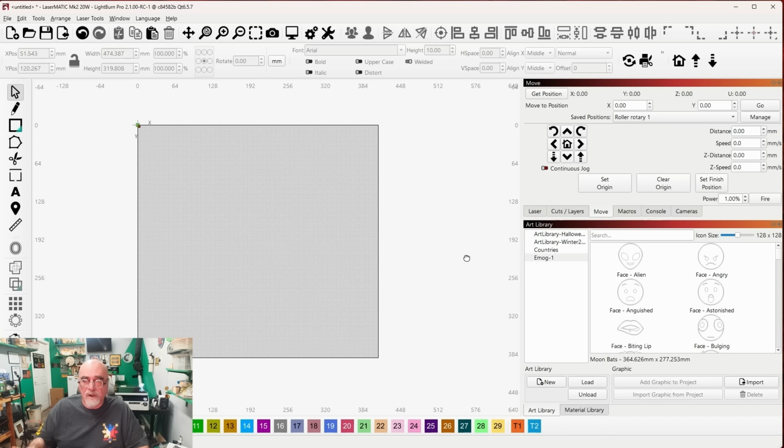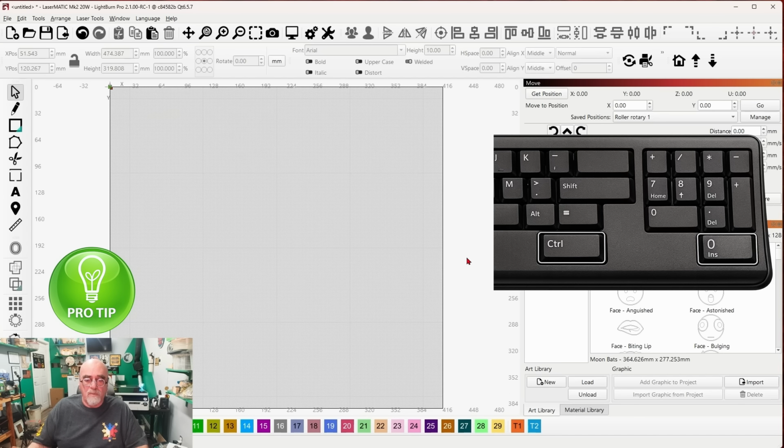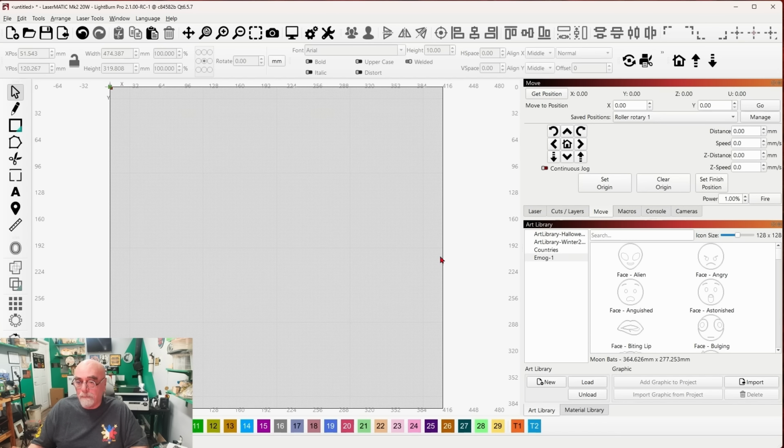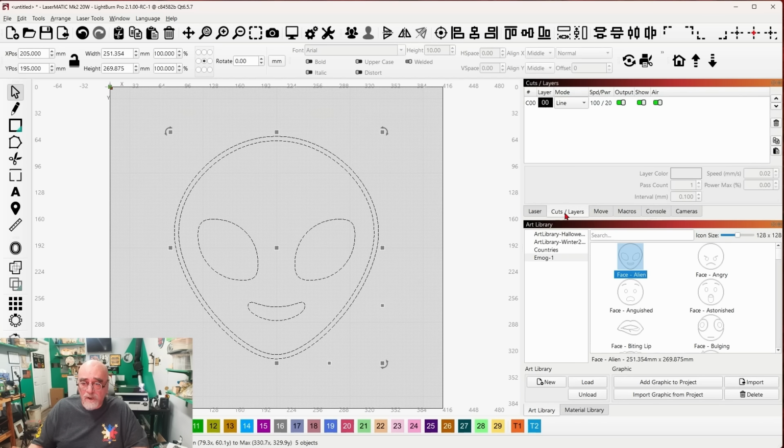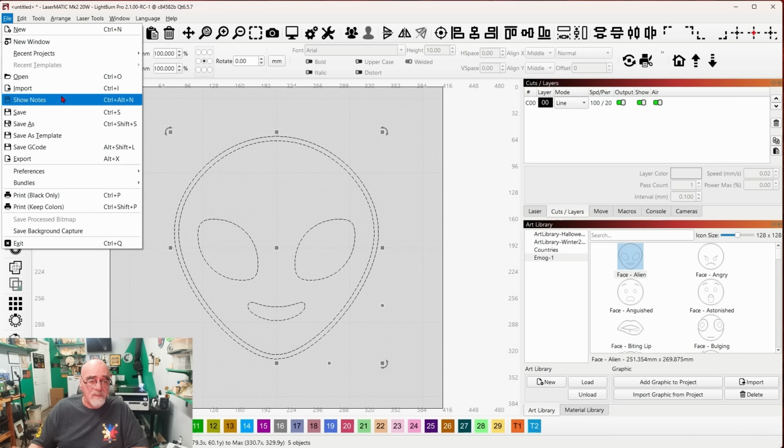Another favorite shortcut of mine is Control and the number 0, and that will bring this screen to the maximum size that fits your window. When we double click this, when we come to our cuts and layers, and let's say that we've set our settings here, this is not going to remember those settings for the future. So what you want to do is save this as a Lightburn template. So you would click File, Save As,